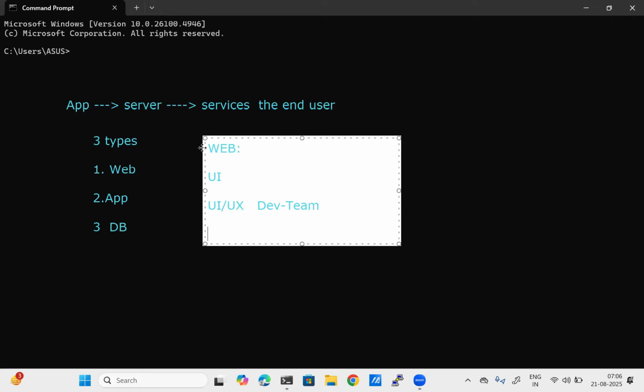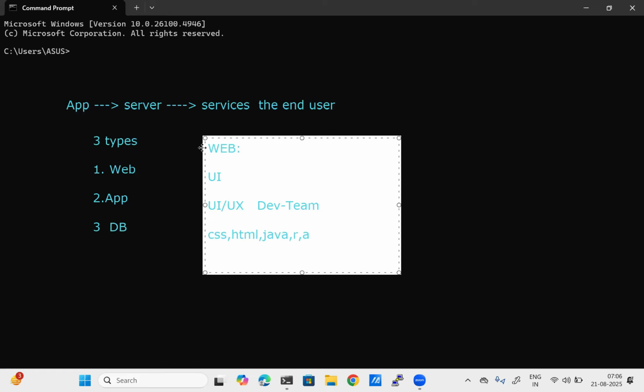Which technologies will they use? CSS, HTML, JavaScript, React, Angular. Where will it be present? It is going to be present on the presentation layer.